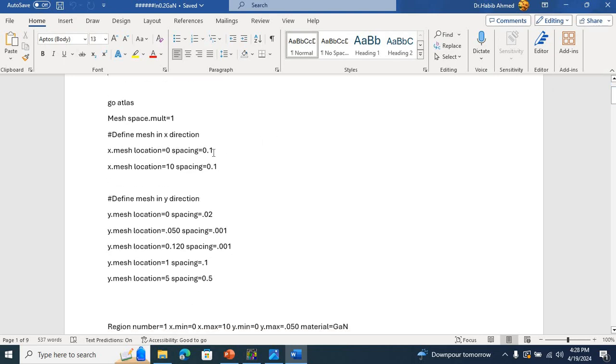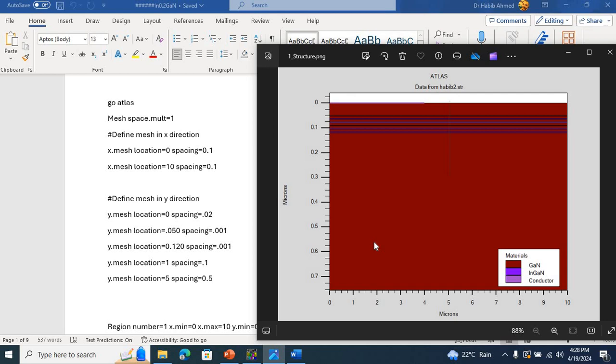I've defined a structure which runs from 0 to 10 micrometers in the X direction and from 0 to 5 micrometers in the Y direction. Then I have defined denser meshing from 0.050 to 0.120. You can see from 50 nanometers to 120 nanometers I have defined denser meshing. So if you look at the structure,